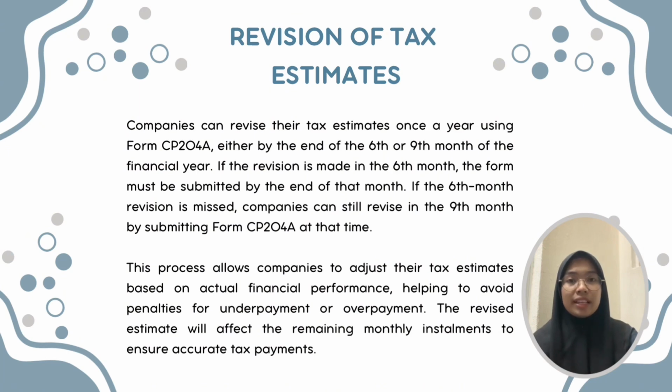Revision of tax estimate. Companies can revise their tax estimate once a year using form CP2048, either by the end of the 6th or 9th month of the financial year. If the revision is made in the 6th month, the form must be submitted by the end of that month. If the 6th month revision is missed, the company can still revise in the 9th month by submitting form